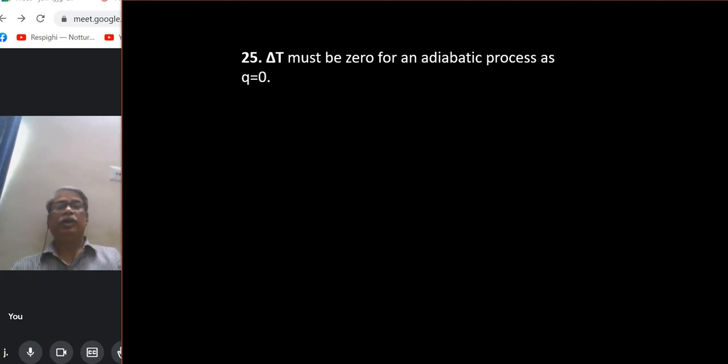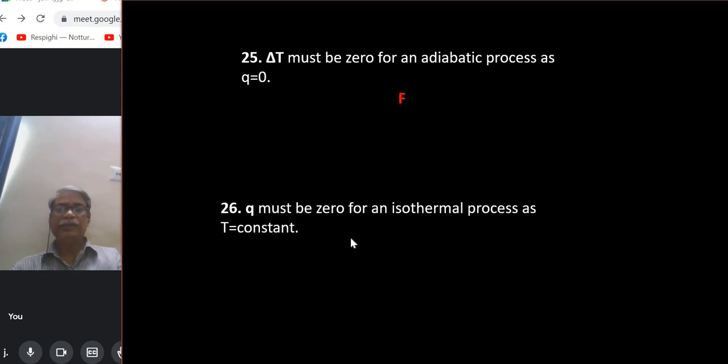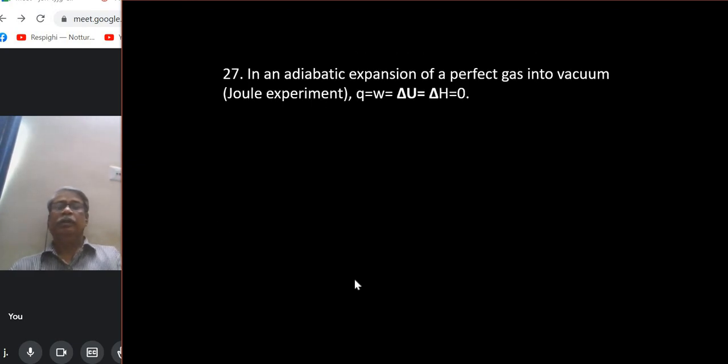Delta T must be 0 for an adiabatic process as Q equals to 0. So as I have already mentioned, Q is not the only and sole factor for change in temperature. Work can play its role, change in internal energy can play its role. So you cannot say necessarily true, so it's a false statement, and very close, that again it's going to be a false statement, right? And the last two questions, Joule and Joule-Thomson, all four quantities are 0, that I